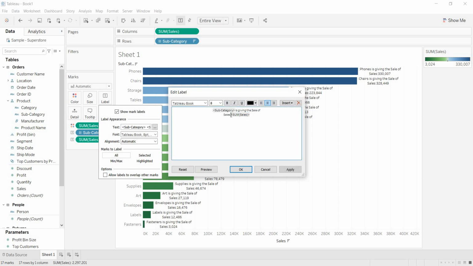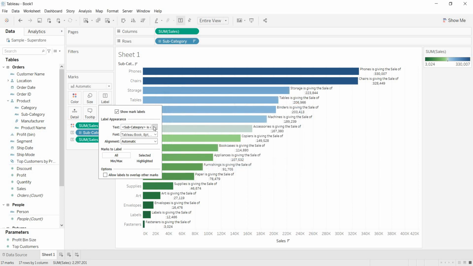So let me take off this sales, as it is not giving any meaningful label. Even this colon also. See now, phones is giving the sale of this much. Chairs is giving the sale of this much.